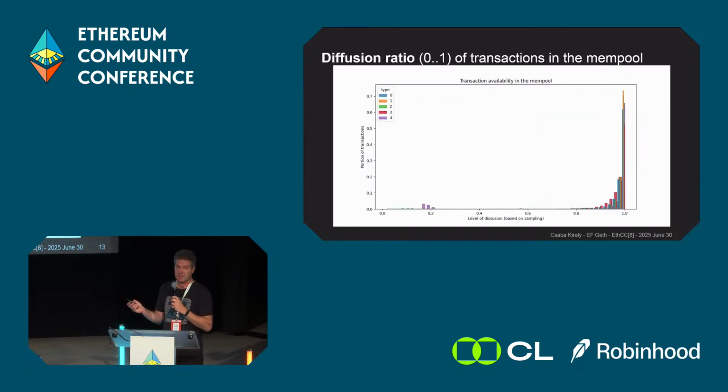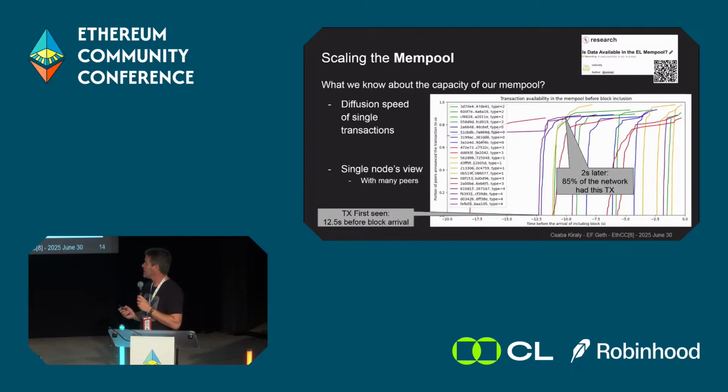This is another view of the same thing. This is a distribution of how many nodes received a given transaction. And what you see, if the transaction itself would be on the left, that would mean it's a transaction which no one received, and I was not putting in this chart the private transactions, because we are not interested in those. Here, from the mempool perspective, I was just putting those that were hitting the mempool. And once a transaction is hitting the mempool, everyone is seeing that transaction. That's what you see on the right. Like, 1 there means everyone has seen the transaction before it was getting into a block. So we can basically say that our mempool is fully synced currently.